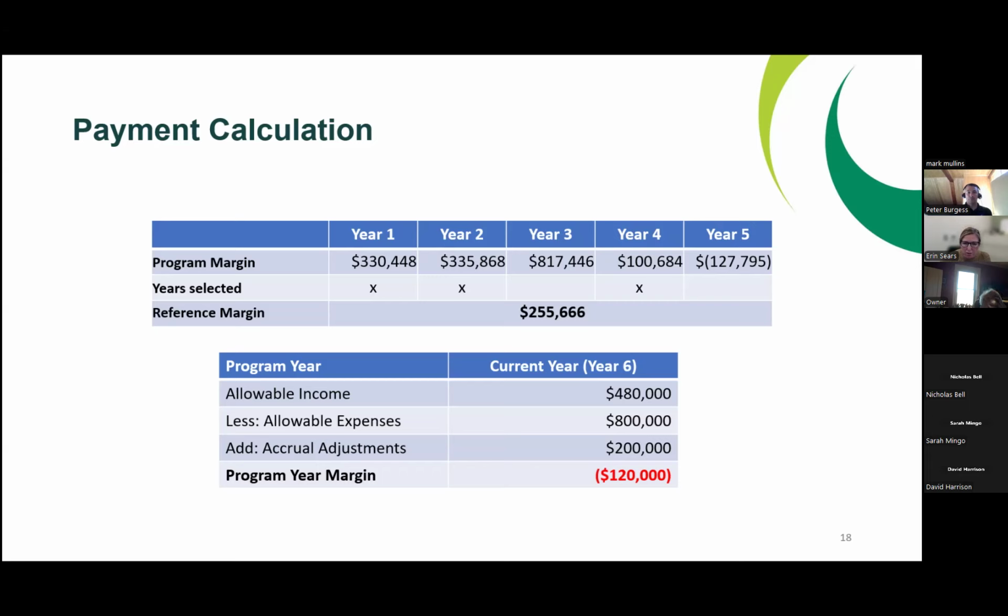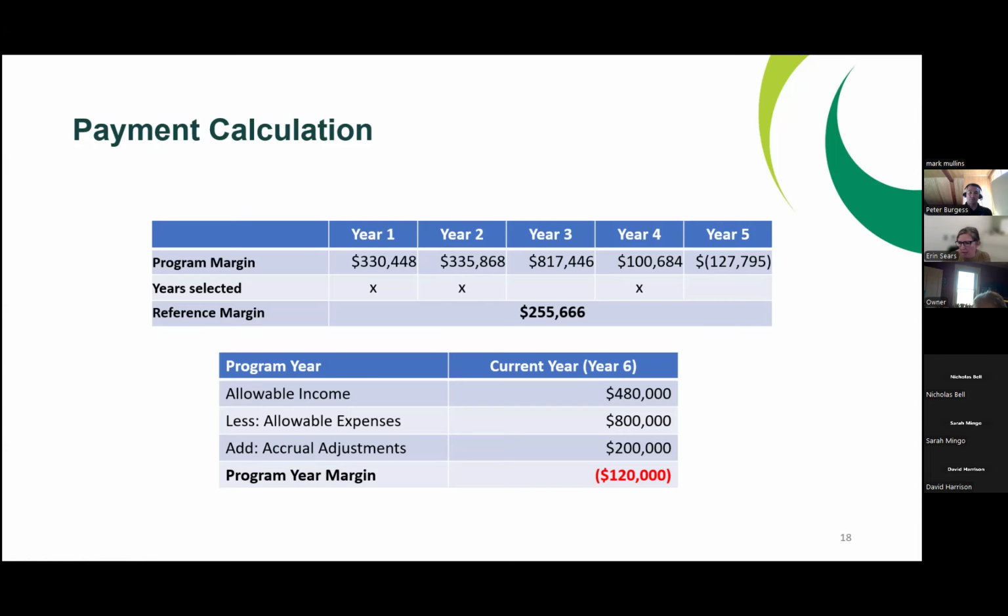Accounts receivable would be anything that's owed to the producer. Accounts payable would be anything that the producers owe out. Or purchases or inputs, so anything that's prepaid. I know sometimes in good years, you look at prepaying some of those chemicals if you can get a good price. Those would be some of the things they consider when they do that accrual adjustment. So in this situation, it's showing that your program year margin is